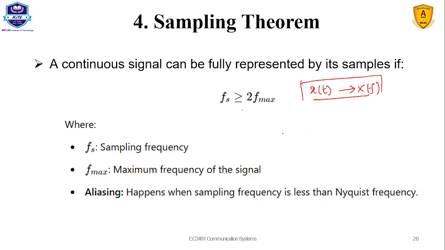Because conversion from time domain to frequency domain is important in communication systems, where the introduction part I will explain. For a transmitter end to a receiver end, that is from a source to destination, how the signal is transmitted. So from one place, if I am here in a long distance, that kind of